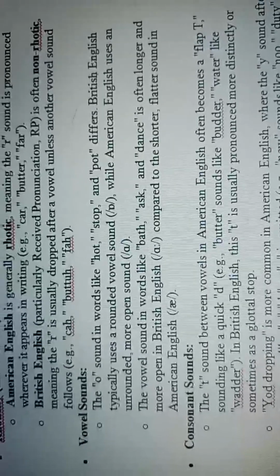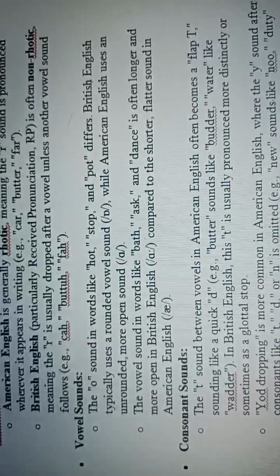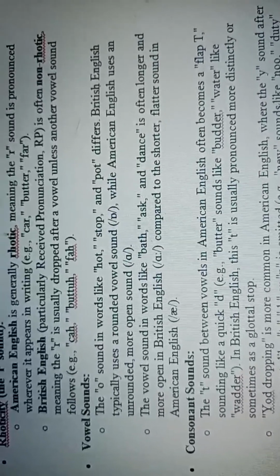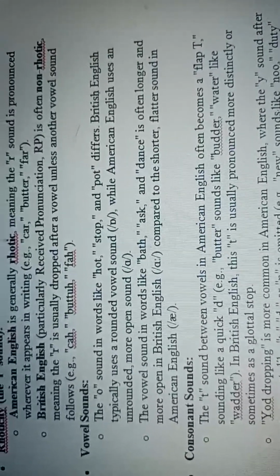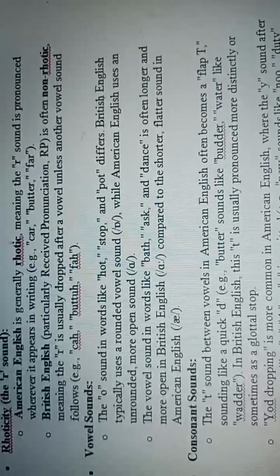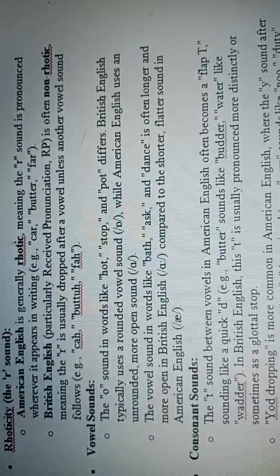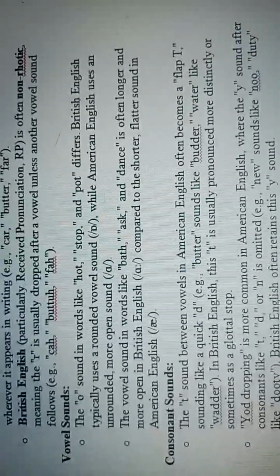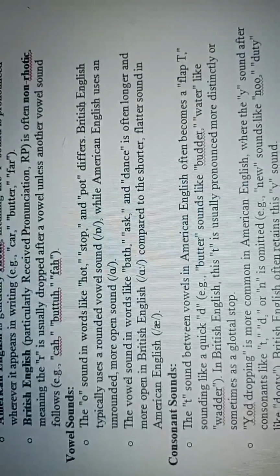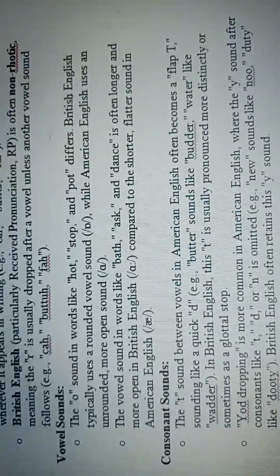Consonant sounds. The T sound between vowels in American English often becomes a flap T, sounding like a quick D. For example, butter sounds like budder, water like wader. In British English, this T is usually pronounced more distinctly or sometimes as a